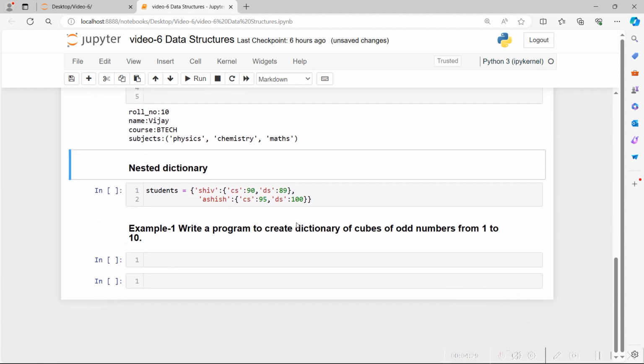So what is nested dictionary? A nested dictionary is dictionary in dictionary. So here we have one dictionary where computer science marks and data structure marks are mentioned, and the name of the student is taken as key over here. Similarly, Ashish has got 95 marks in CS and 100 marks in DS. So this is how we can